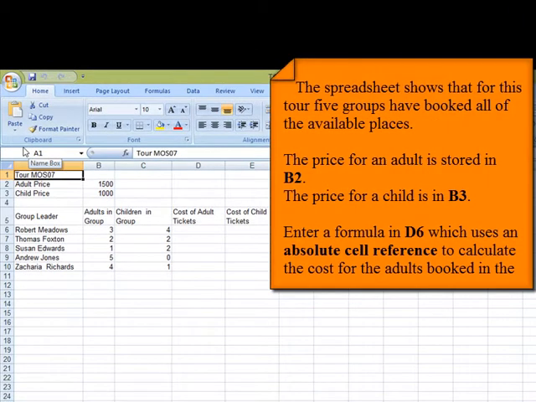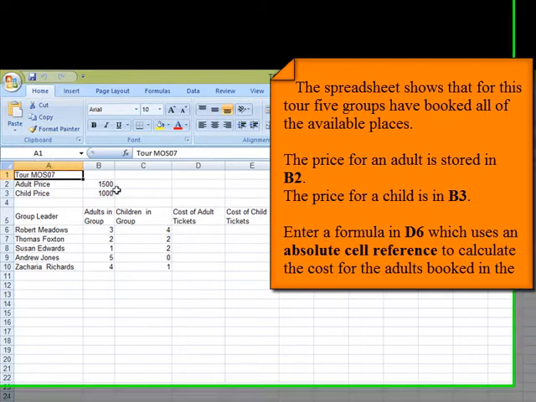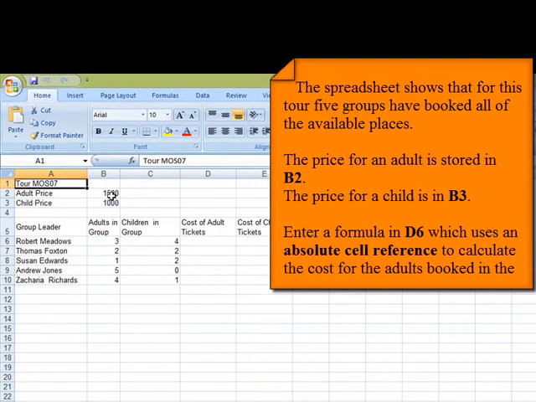Now the spreadsheet shows that for this tour, 5 groups have booked all of the available places. The price for an adult is stored in B2, which is over here. The price for a child is in B3. Now they tell us for the first activity, enter a formula in D6, which is here, which uses an absolute cell reference to calculate the cost for the adults booked in the group led by Robert